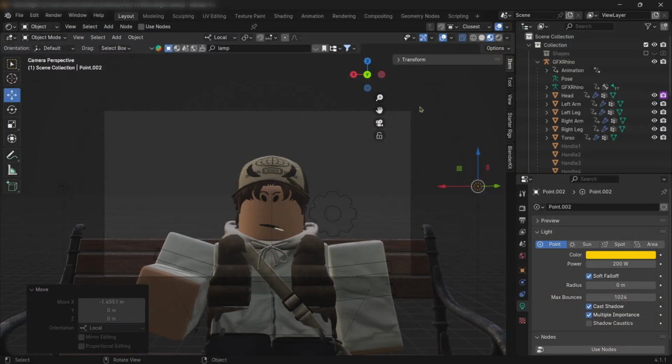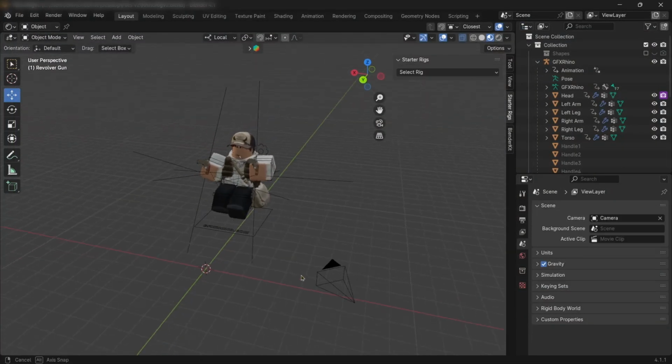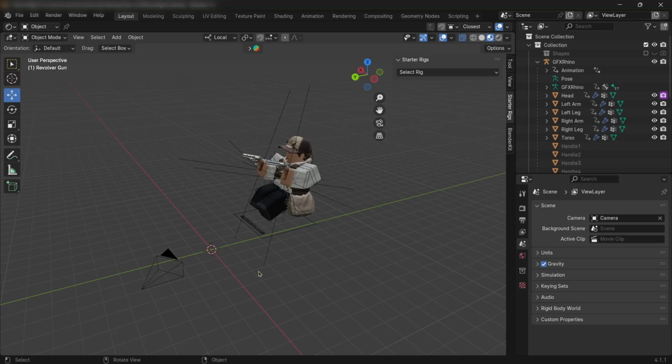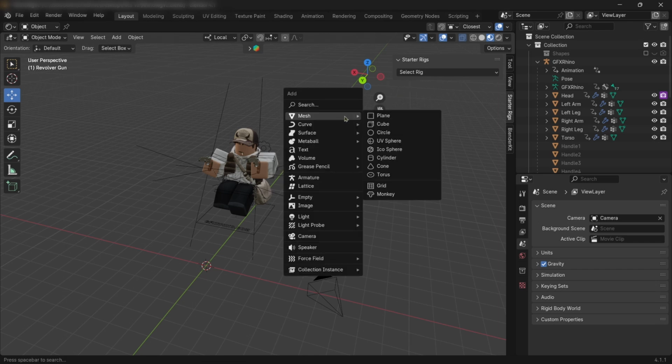Alright, and now I'm going to move on to how to add a gun muzzle flash. As you can see, I already made another scene, just an example of what you can do with the muzzle flash. You want to start off by going to Shift A, Mesh, and then